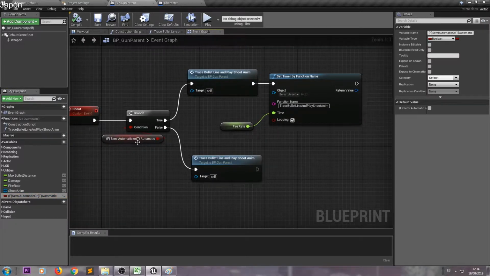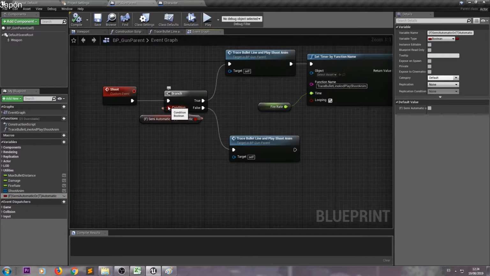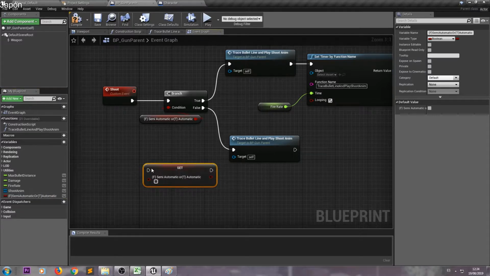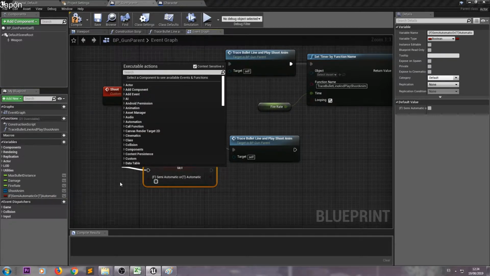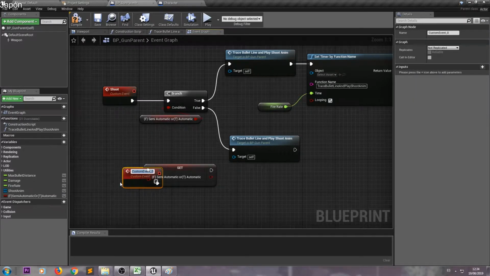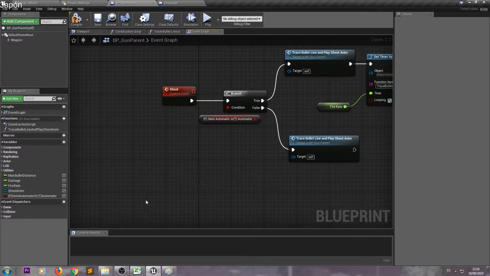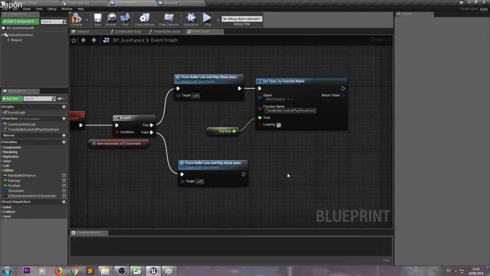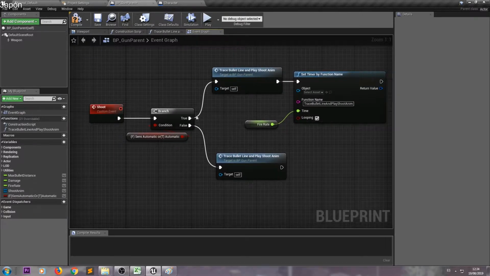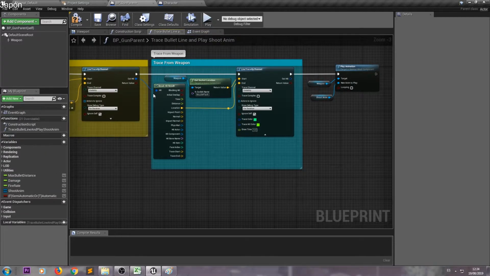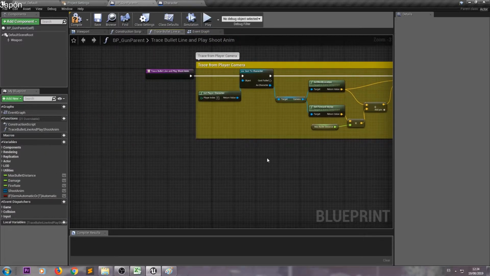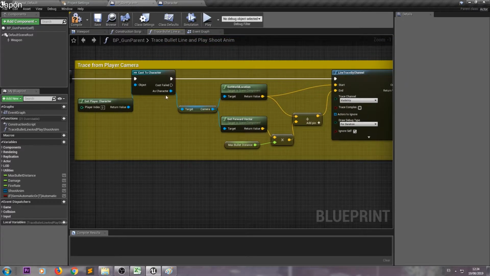You can even change it if I first set something like an event, for example, I don't know, a custom event called change type, and it can change between one and another, right? So that's a good point too. So I create a function called trace bullet line, and basically this creates my